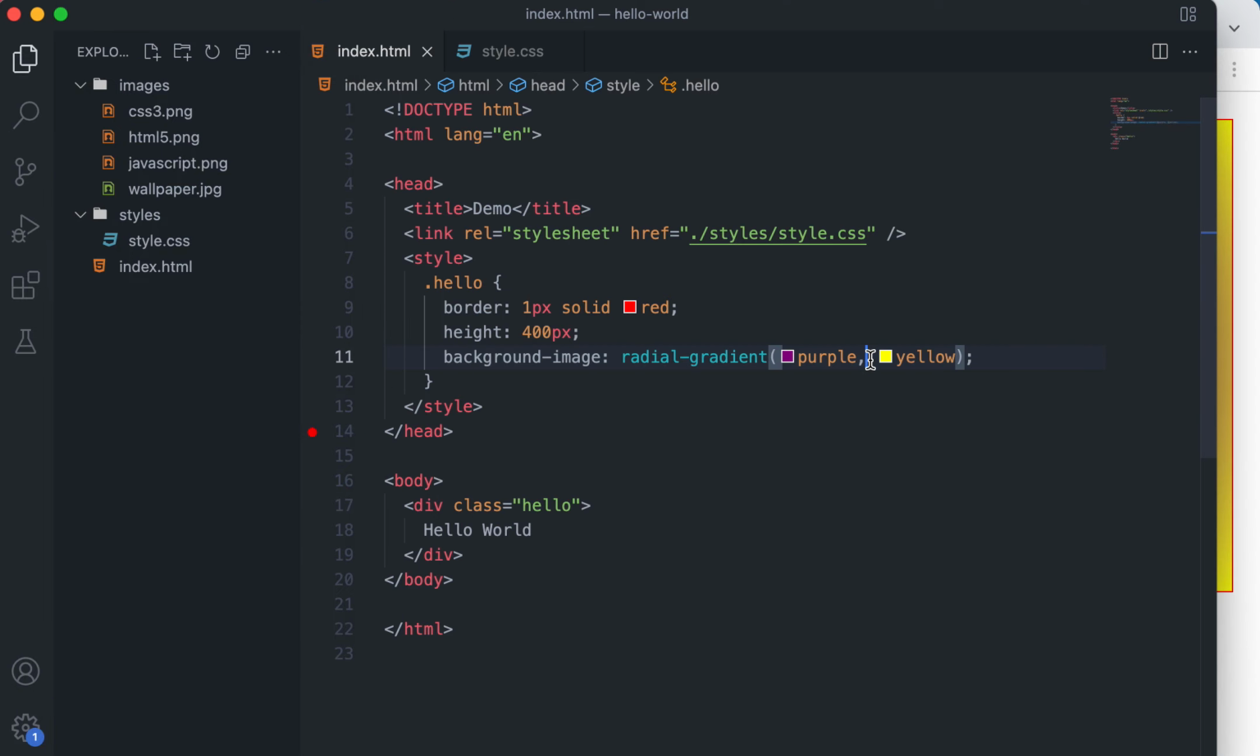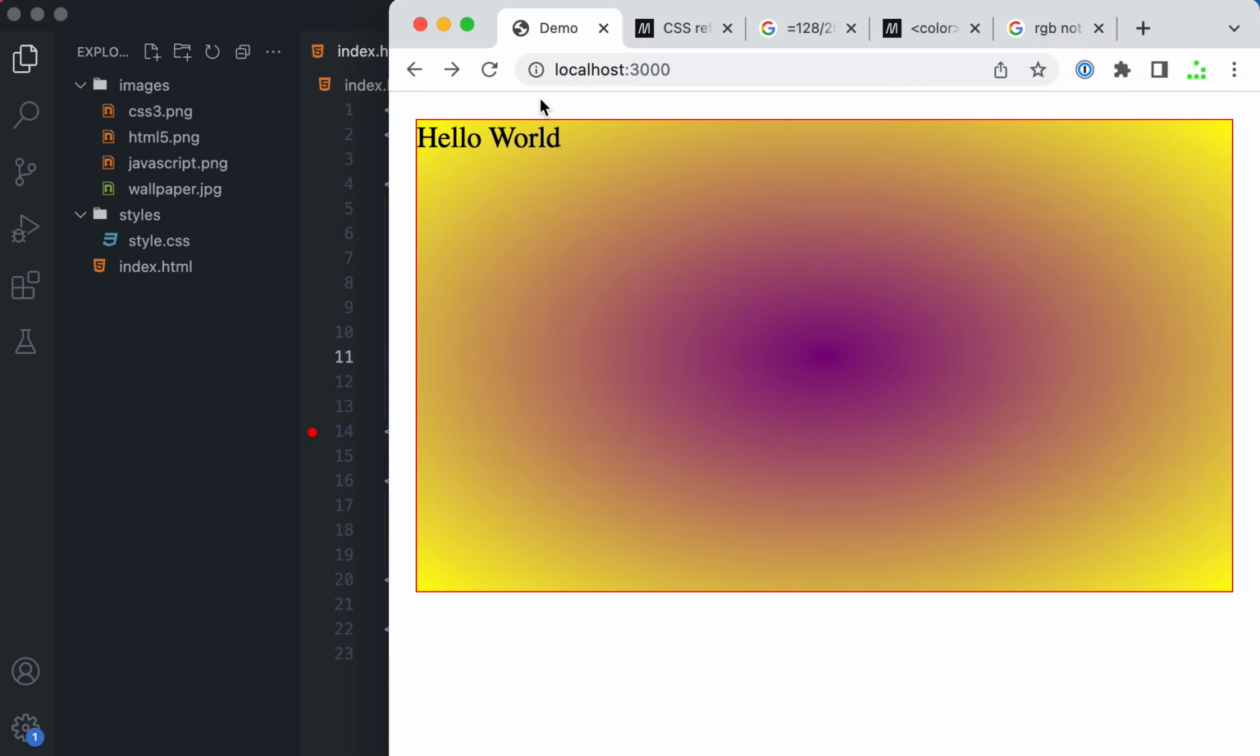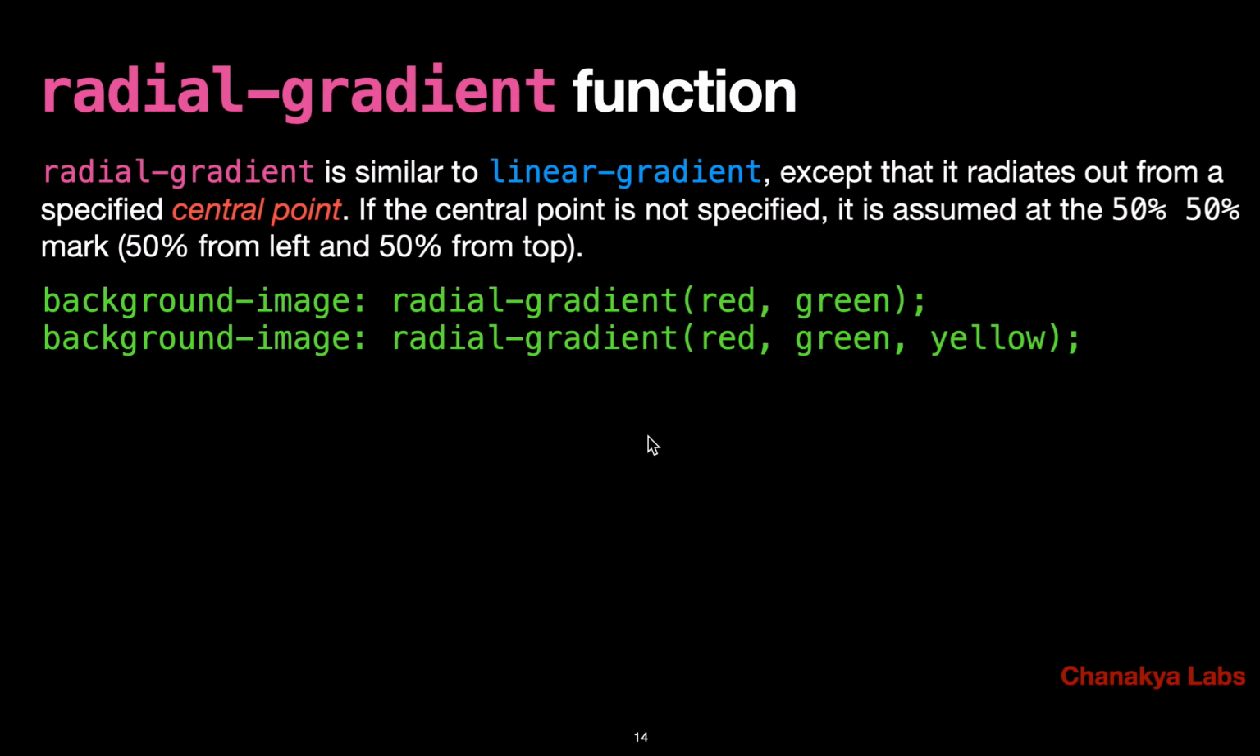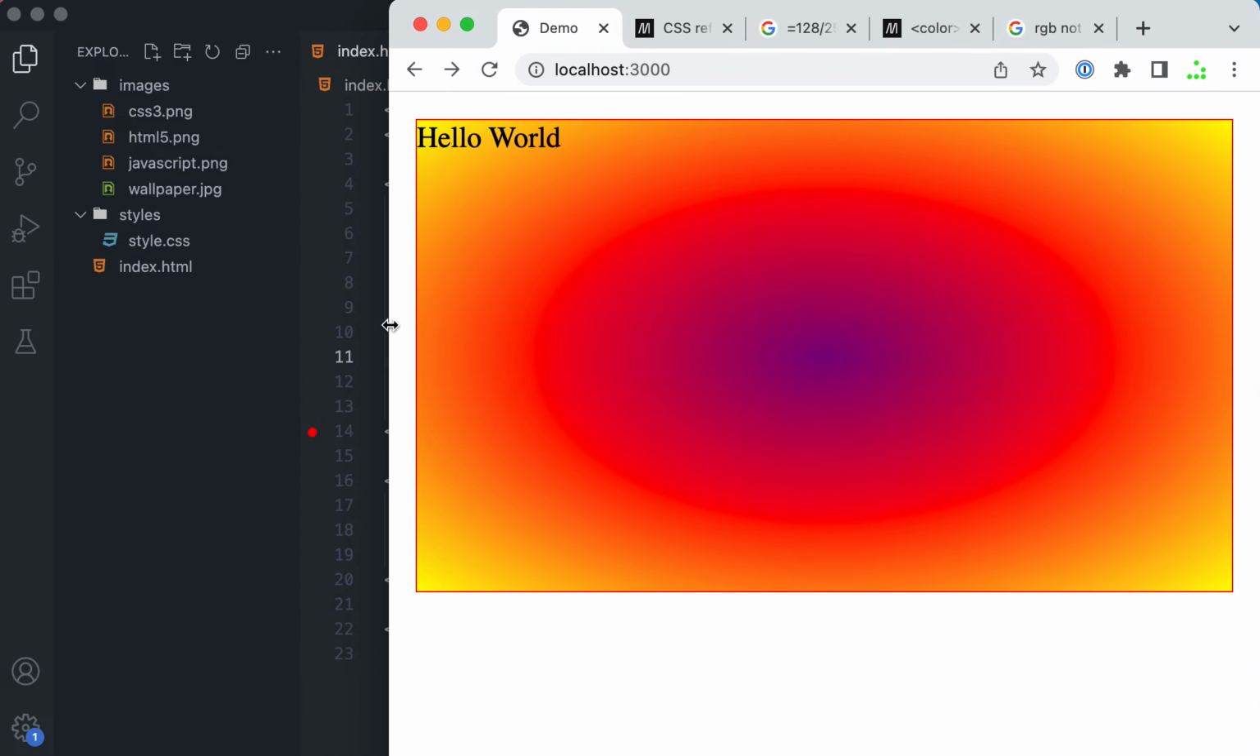And you can use more colors also. So let's say you are using purple to red to yellow, or 4-5 colors, whatever you want. So it will go from purple to red to yellow, and it is starting from purple at some center. What center? It is the center of width and height. So that is actually 50% 50%, which is 50% from left and 50% from top. That is the default center,